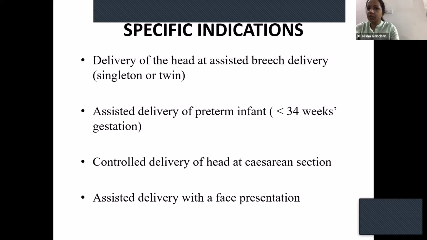These are specific indications for forceps and contraindications for vacuum. If there is a breech, do not put vacuum. If there is a preterm baby, you will cause cerebral hemorrhage, do not put vacuum. If there is a face presentation, you are going to injure the eye socket or cause a hematoma. So do not put a vacuum. But these are specific indications for forceps. When you need to use an instrument under these conditions, always think of forceps and do not think of vacuum, because these are contraindications for vacuum.